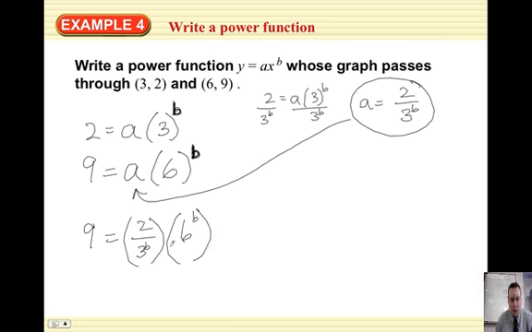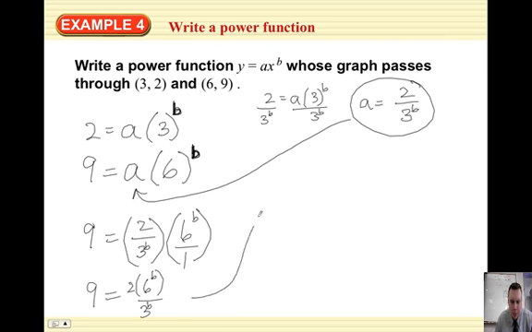Now why I did this was I can make this a fraction, 6 to the b over 1. Now look what happens. You got 6 to the b on top, 3 to the b on the bottom. So we can actually simplify that because they have the same exponents. Here's where knowing your math comes in handy. So let's say 6 to the b over 3 to the b. And we still have a 2 up here, so I'll leave a 2 times 6 to the b over 3 to the b. There you go. What's 6 to the b divided by 3 to the b? That would be the same as,